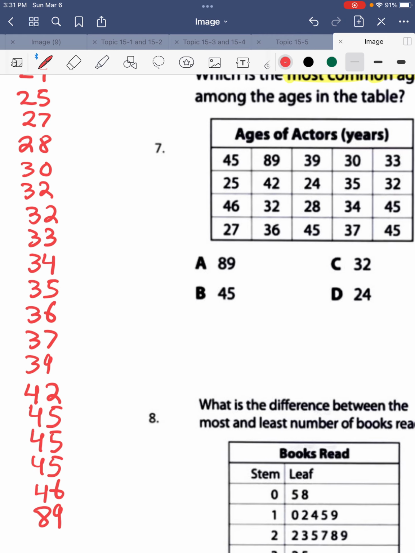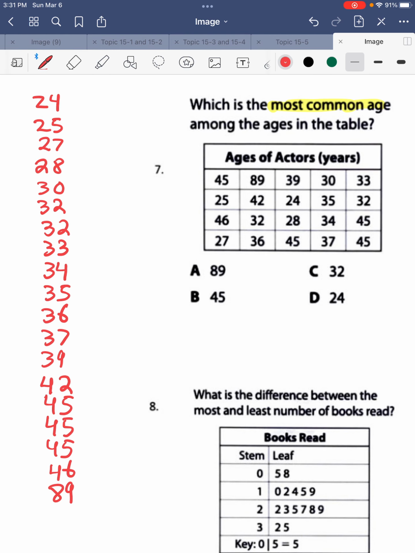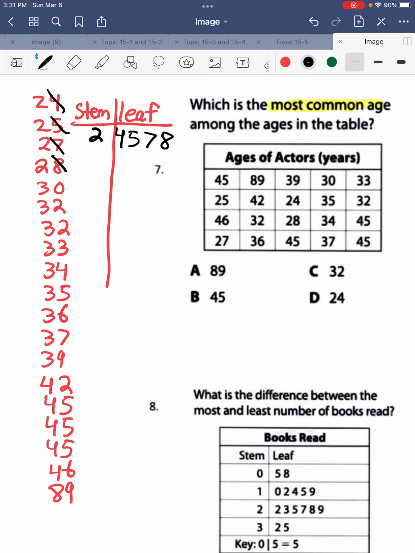Okay. If I make my own stem and leaf plot, I can say, this is my stem. This is my leaf. And so all the 2s, I'm going to put 2 here. I'm going to do 24, 25, 27, 28. Okay, now I'm at my 3s. I have 30, 32, 32 again, 33,